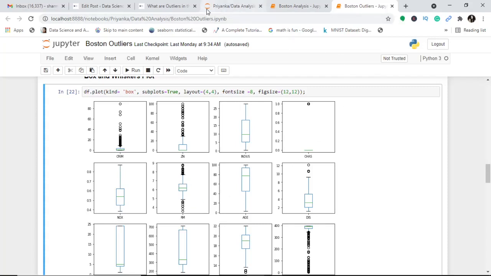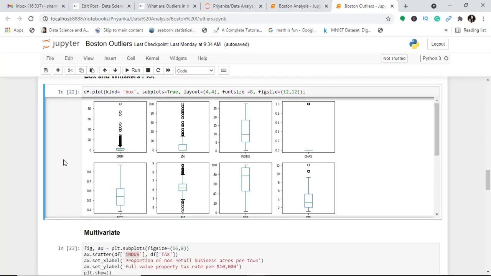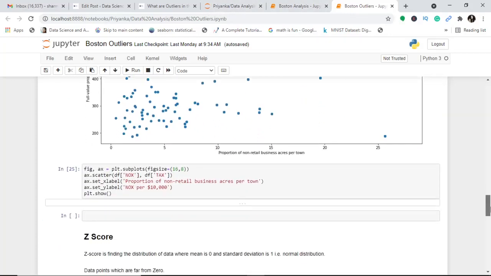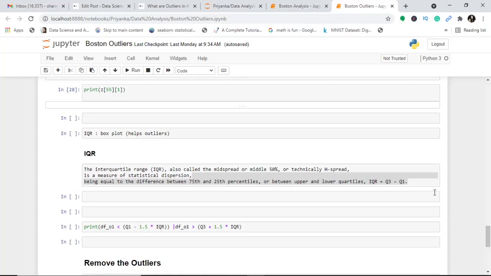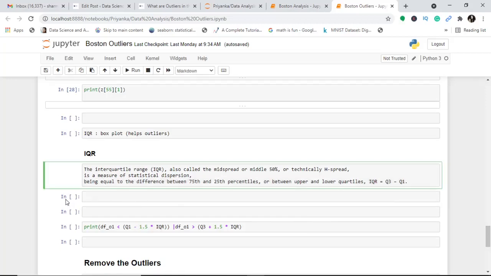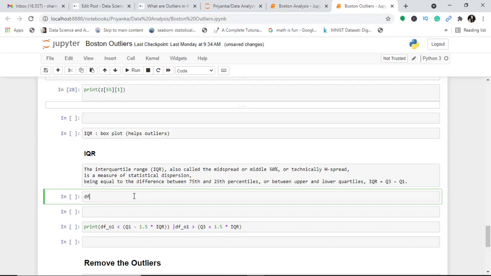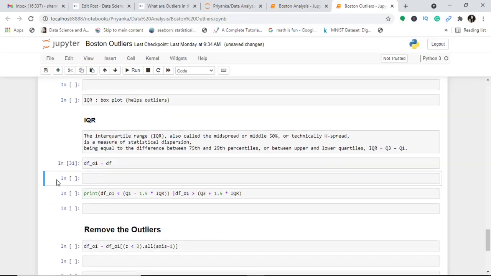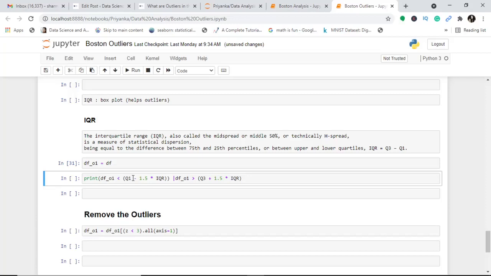So now coming to the IQR part of it. What I want to do is first of all make a copy of my data set, and store it because I'm applying this IQR. It's always good to have a copy. If something goes wrong, at least we have the original data set. So now what I do is